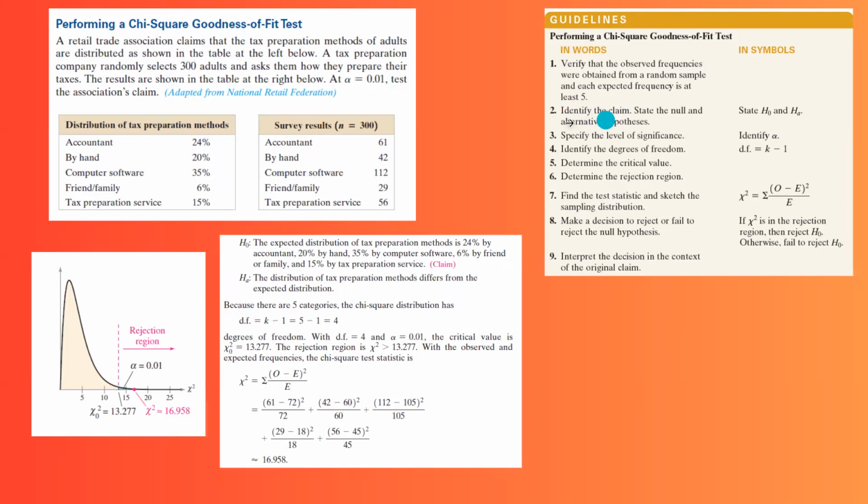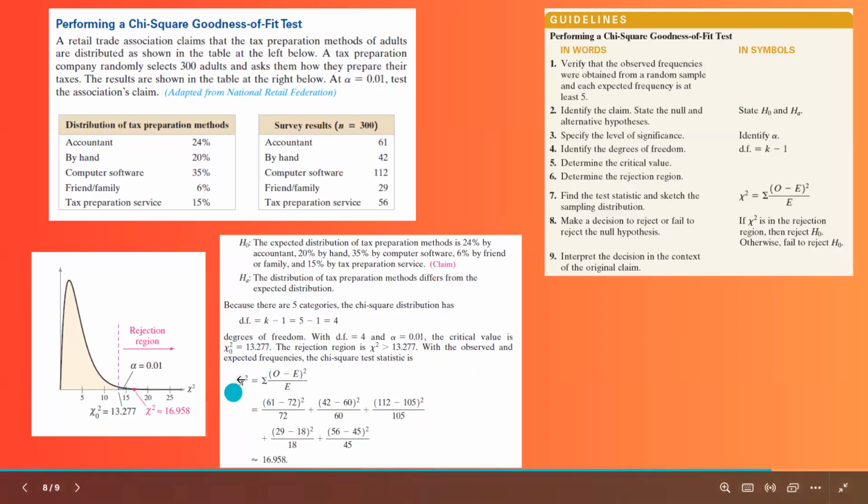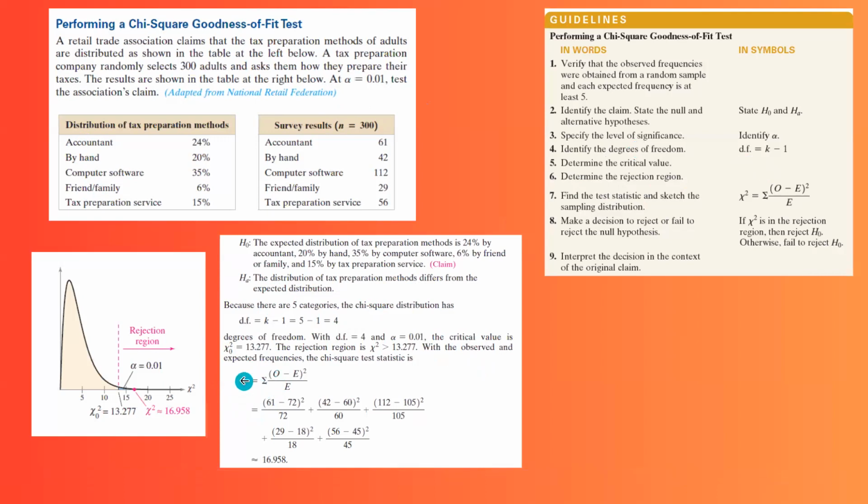So now that we identify the null and alternative hypothesis, we're going to identify alpha. Alpha is given in the question as 1%. The degrees of freedom is k-1. Remember that k is the number of categories. We have 1 category, 2, 3, 4, 5 categories. So degrees of freedom is 4. Very good. It means that the critical value is going to be 13.277. Now, we need to calculate the chi-square test statistic using the formula, the summation of observed minus expected frequencies